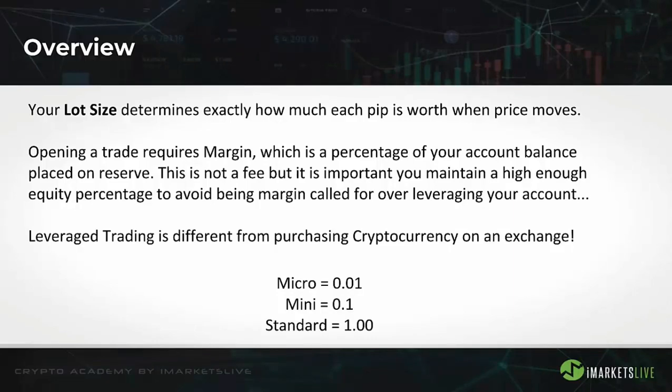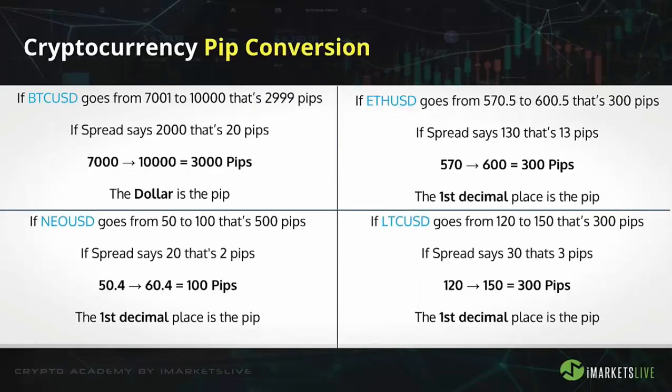Now, as we go through some of these examples, you're going to find yourself imagining the possibility of catching 3,000 pips in one movement. If the price of Bitcoin went from 7,000 to 10,000, that would be the equivalent of 3,000 pips. So 3,000 pips on a standard lot is $30,000. 3,000 pips on a mini lot is $3,000. And 3,000 pips on a micro lot, the smallest position size you can take,